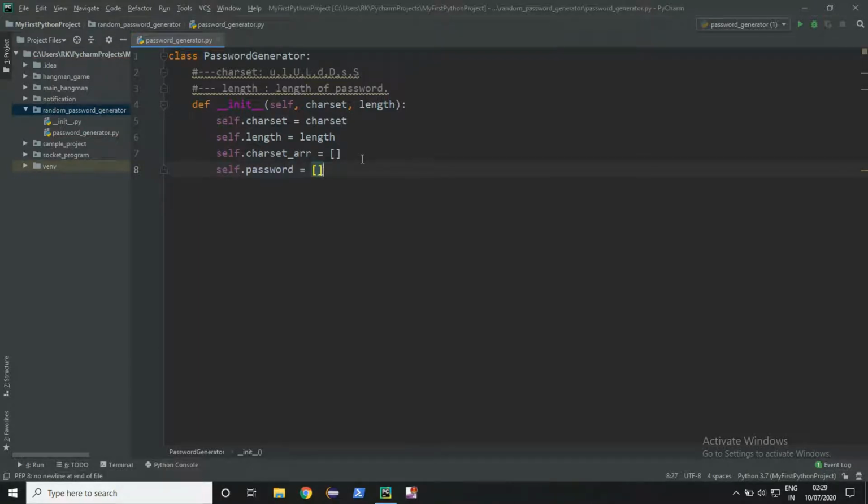Now as you know, by default Python takes parameters as string. Here when the user passes the length, it will be taken as string. For that we will typecast it to int. Now we will create a function for getting the charset array.